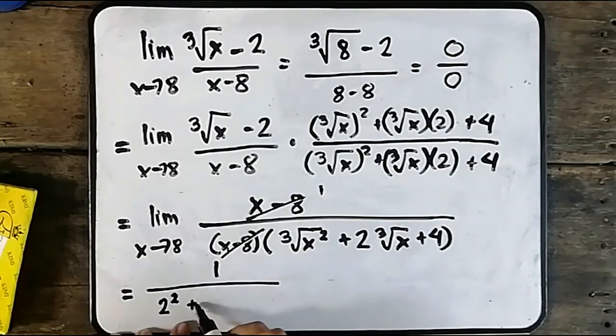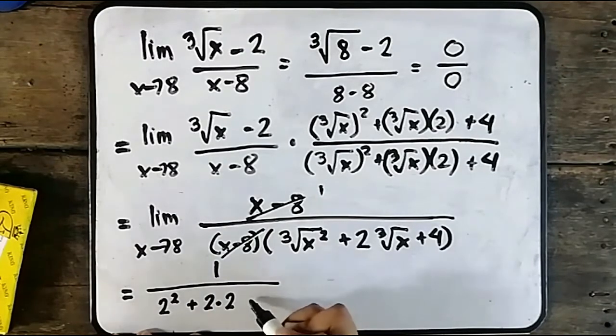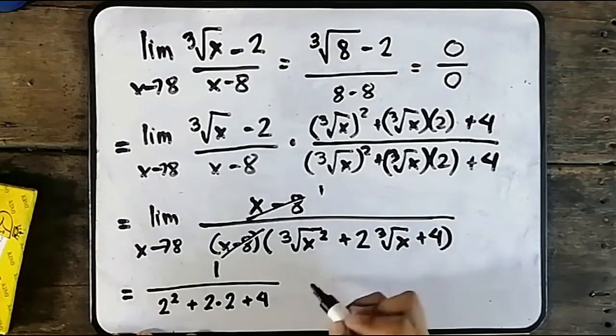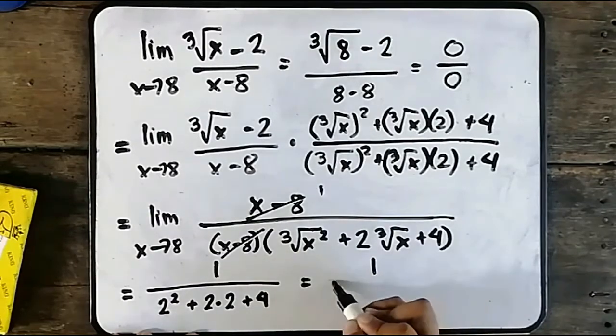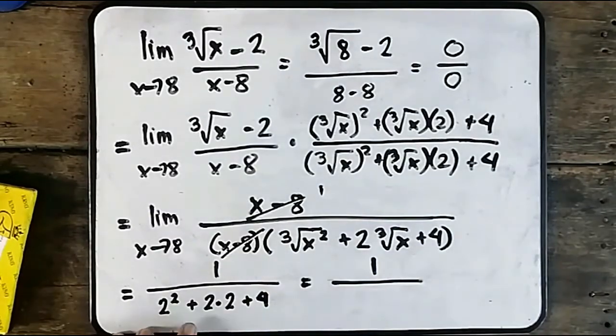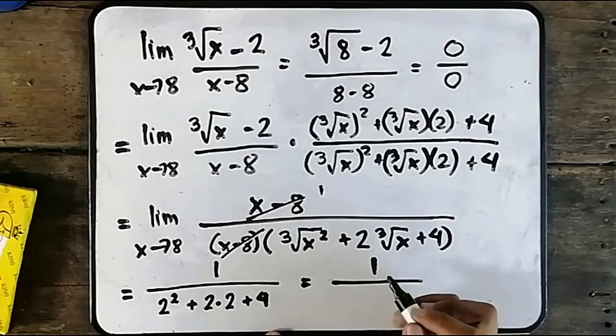Okay? Plus 2 times cube root of 8 is 2 plus 4. So we now have 1 over 4 plus 4 plus 4. So that is now 1 over